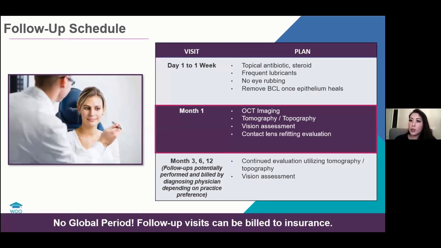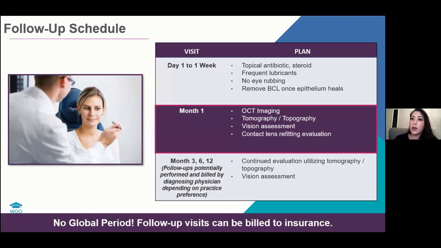This is a typical follow-up schedule. Of course, every surgeon, every eye doctor is going to have a different one, but this is something that people have been asking for. Some doctors said from the prior webinars, hey, can you just give us a quick synopsis and overview of what we need to expect. So once they have the cross-linking, they might see you the very next day, depending on what your relationship is with the co-managing surgeon. So if you see them the next day or the next week,